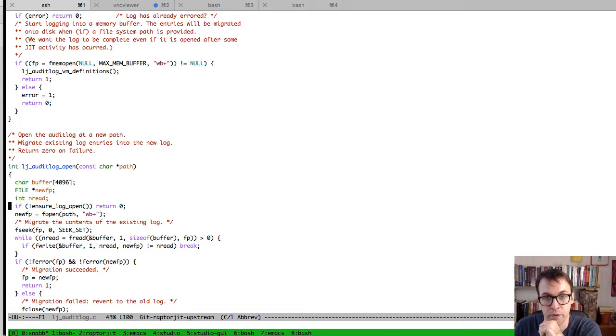So first, we make sure the memory buffer is already open. Fine, because we want to make sure that we have this initial in-memory log, partly to make sure that we get these. Anyway, after this runs, we know that we have a log up and running in memory. Then we open a new one on disk,